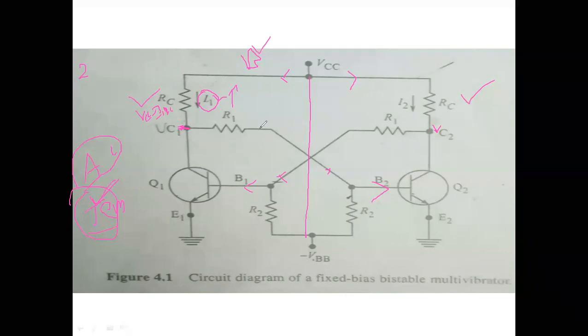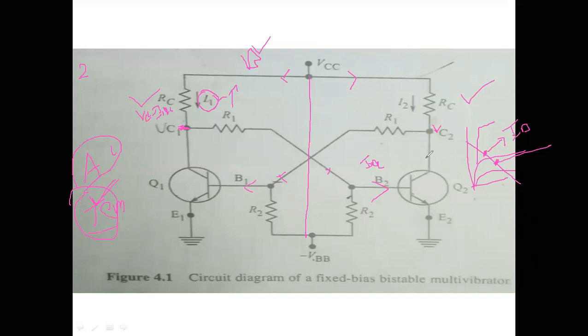As the voltage decreases, the current in this branch decreases. That means the IB2 current decreases. As the base current decreases, the transistor, which was previously in the active region... if you draw the characteristics and the operating line, we were operating somewhere in the active region at this point, with a certain base current IB. Now, as the base current reduces, this point moves downwards. Somewhere we may operate at this point, and it may go near to the cutoff.